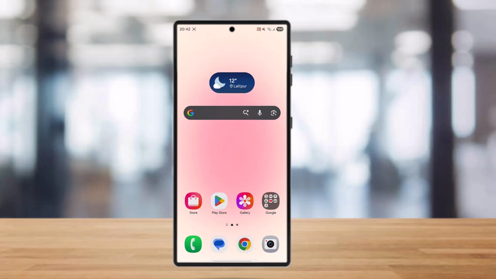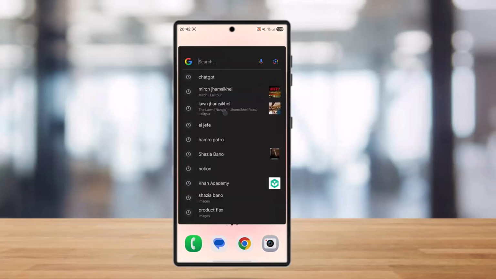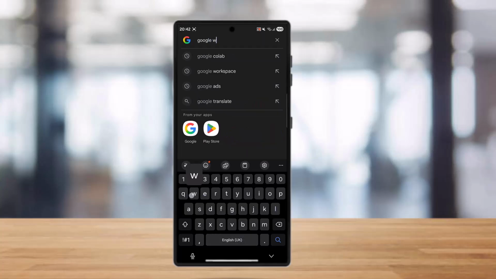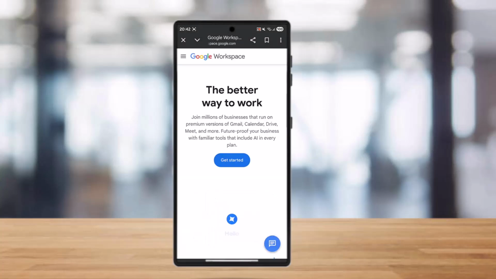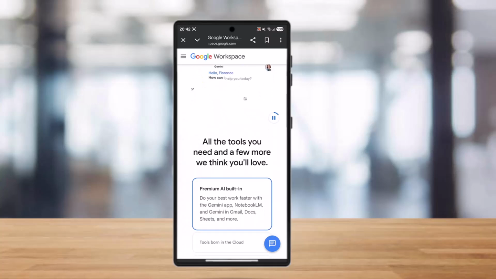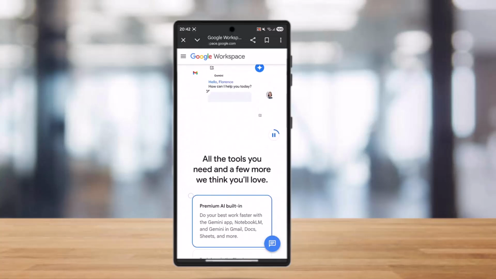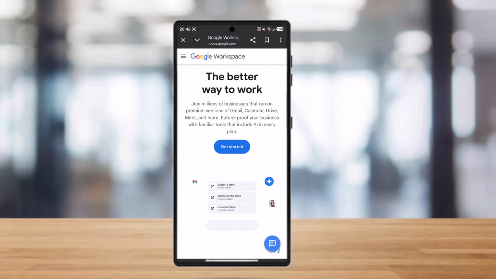So if you want to connect your Google Gemini with Gmail and Docs, all you gotta do is simply go and open your Google Workspace. So once you have opened your Google Workspace, you need to simply log in to your account. And once you have done this, you need to add a Gemini add-on. After you have done this as well, you need to then enable it in the settings and use the add